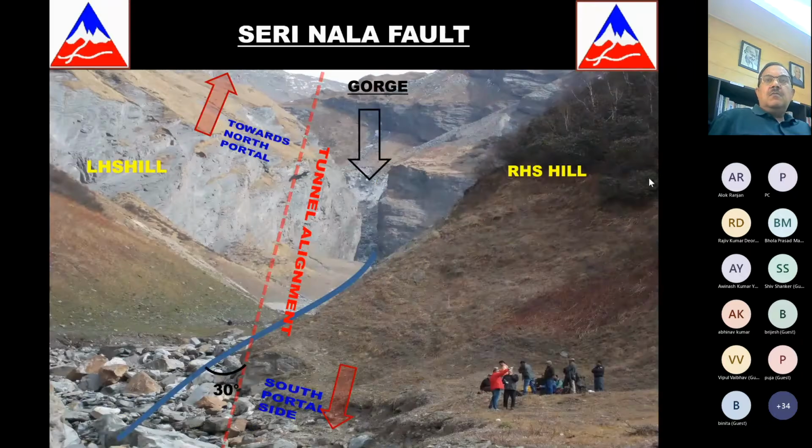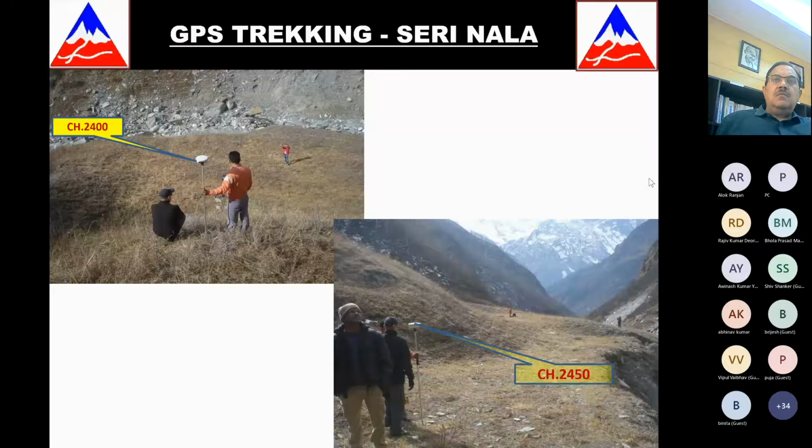And just to see how far we were, we went on top. We did an outcrop analysis to see when, from this right hand side hill, we will get into the left hand side hill and actually cross the nala. We predicted that we were about 200, 250, 300 meters away at that time.